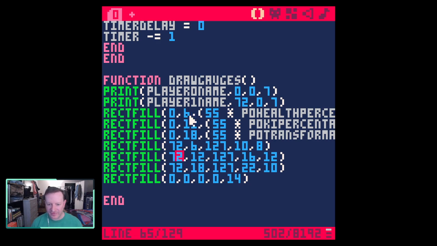But there's a difference of 55 times the percentage there. So what we need here, they're all starting at 72. I guess we do the same things. We're not trying to draw them from right to left. We're going to do the same thing here. We're going to take this 127 and we're going to say